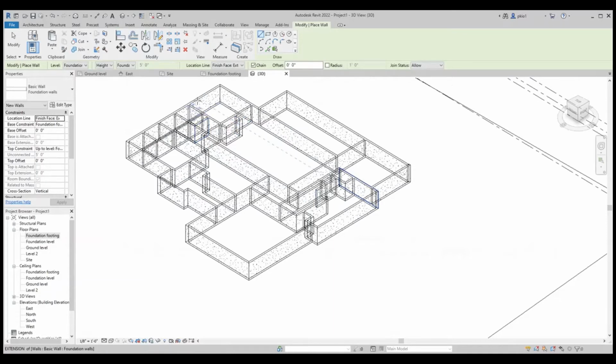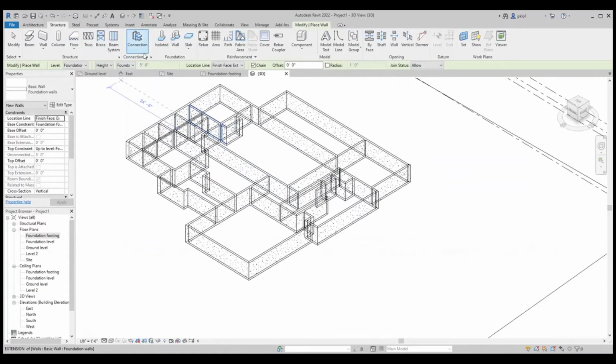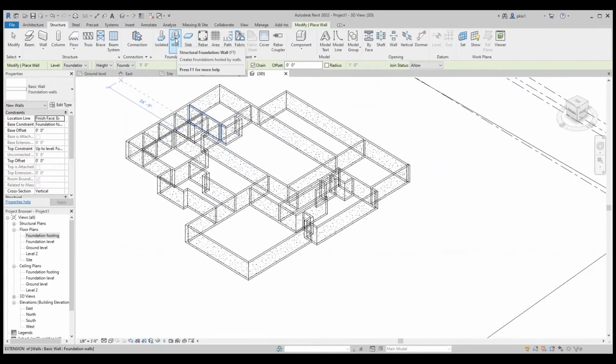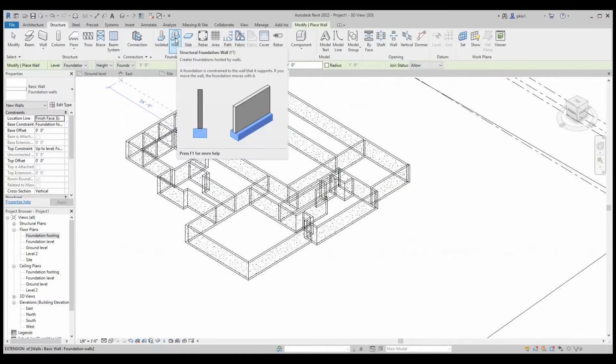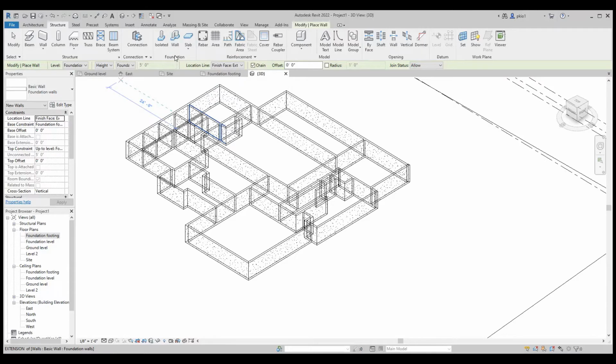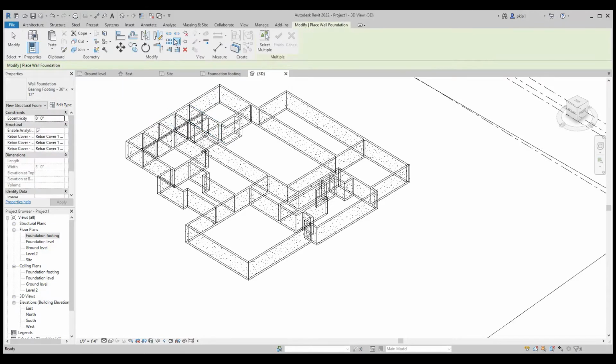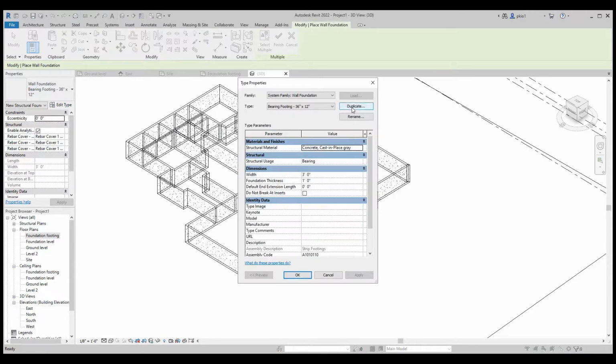The next thing to do is to apply the foundation footing. For that, we go to structure and select structural foundation. We go to edit type and duplicate.